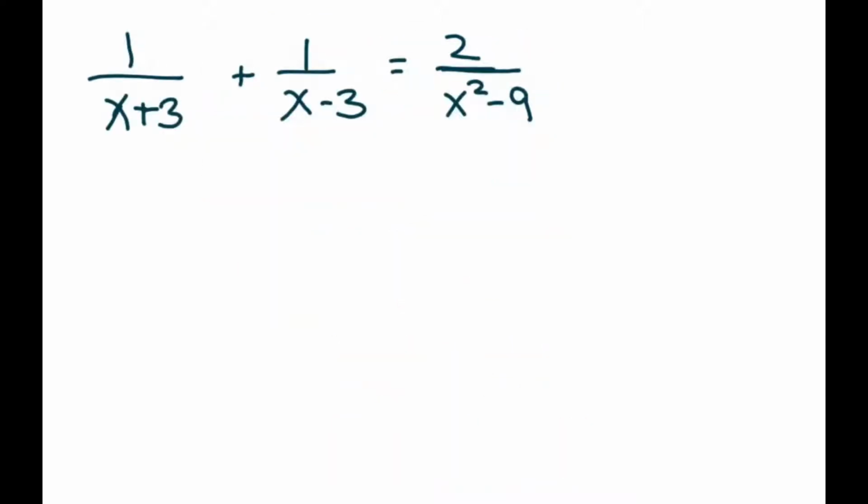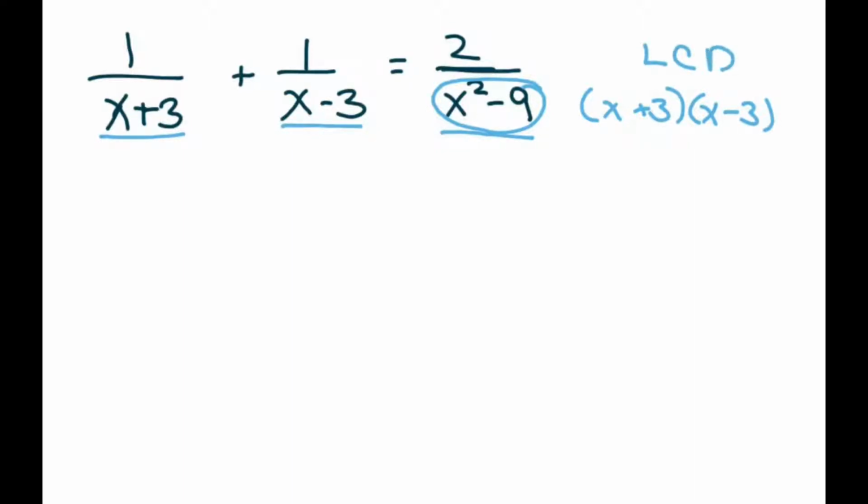And the last one is this one. So to solve for x, we first have to get our least common denominator. This right here can be written as x plus 3 times x minus 3. So what I can do, since it has an equal here, is I'm going to clear the fractions. What I'm going to do is multiply each of these terms, the quantities, by my LCD, least common denominator, which